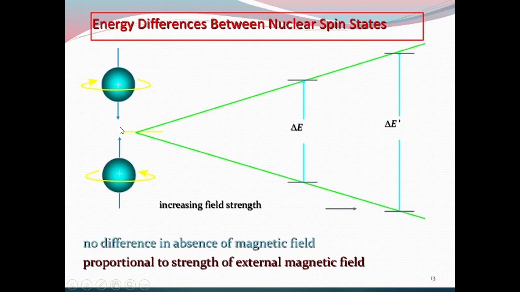And when we irradiate the molecule with a specific radio frequency, if the energy of the radio frequency matches the energy difference between these two states, an absorption occurs, and the absorption gives an NMR signal. So if we increase the field strength, the energy difference between the two energy states also increases. It will increase the energy of radio frequency absorbed in order for a transition to occur or to give an NMR signal,